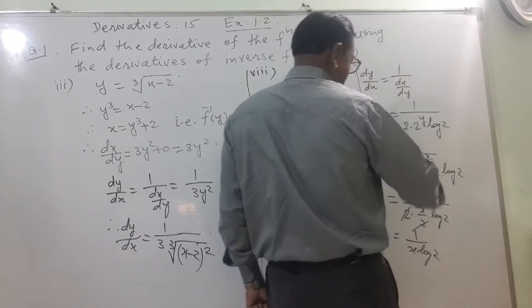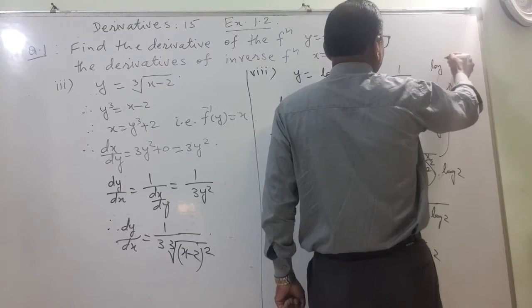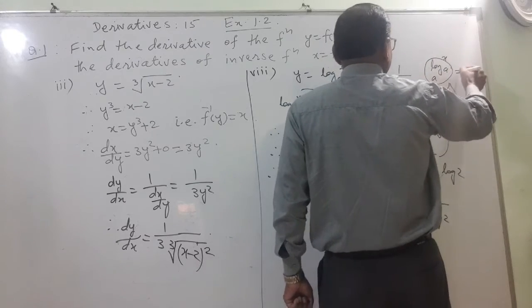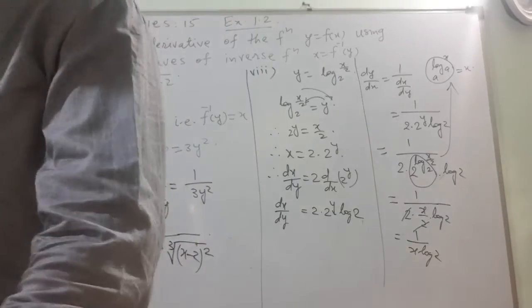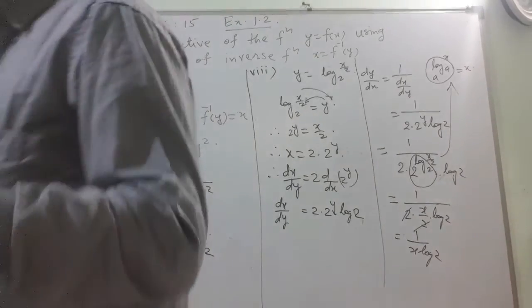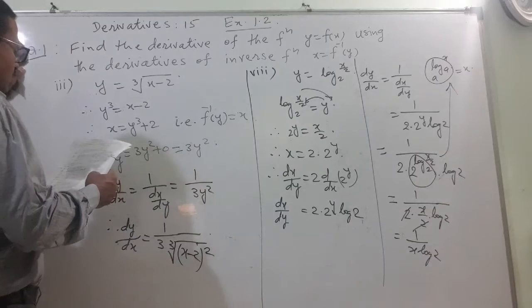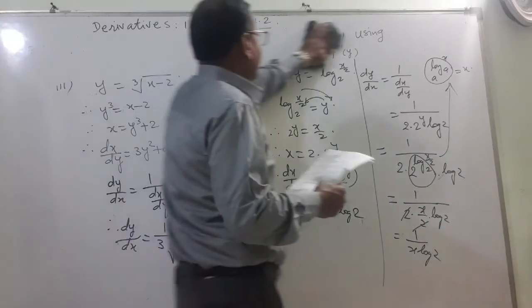This is the answer. For this, just for a reminder, a raised to log of x to the base a gets cancelled and this becomes x. Hope that you remember this. Earlier we have solved many sums on this basis.